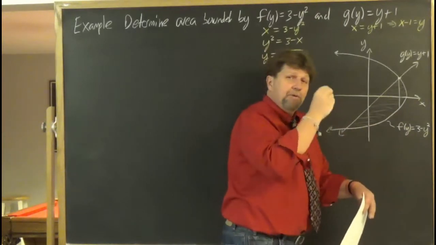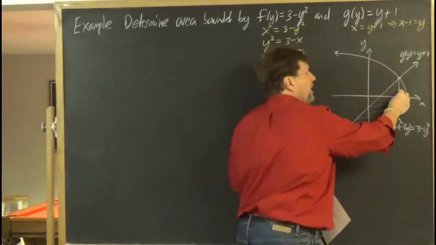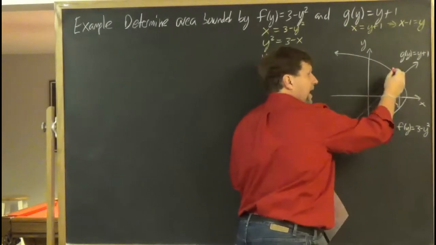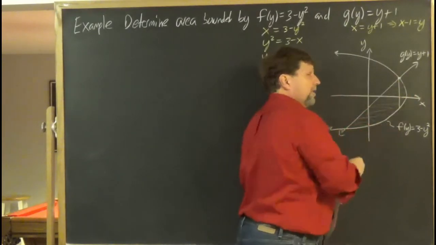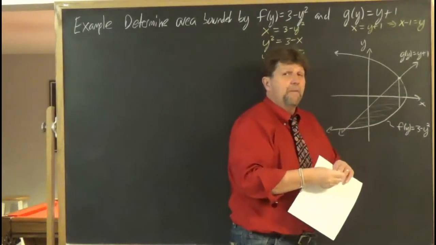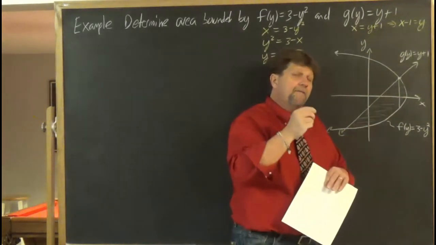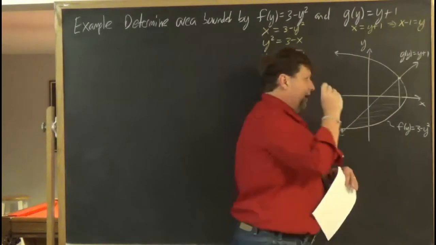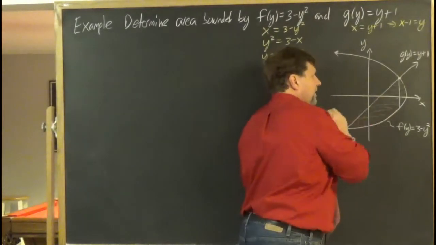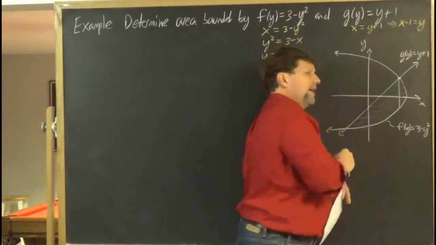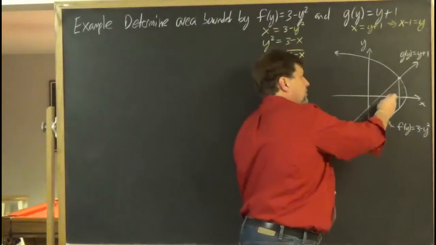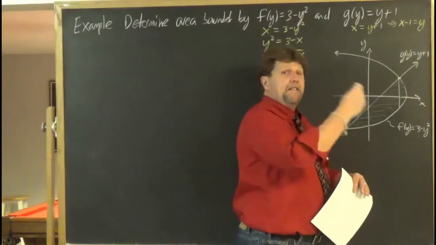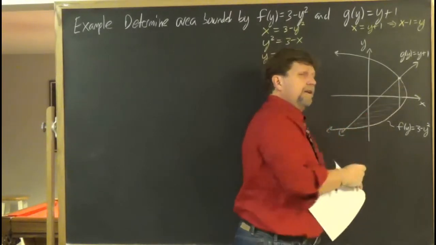But notice if I put the vertical rectangle to the right of that vertical line, now this is the top curve and that's the bottom curve. We have a different top curve. So if I were to use a vertical rectangle, I would have to put a vertical rectangle in here and a vertical rectangle in here. I would have to set up a definite integral for this region, a definite integral for this region,